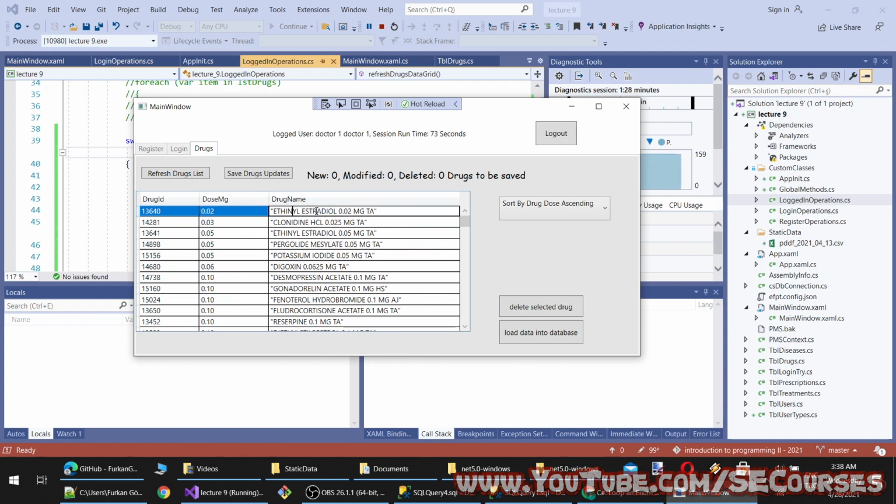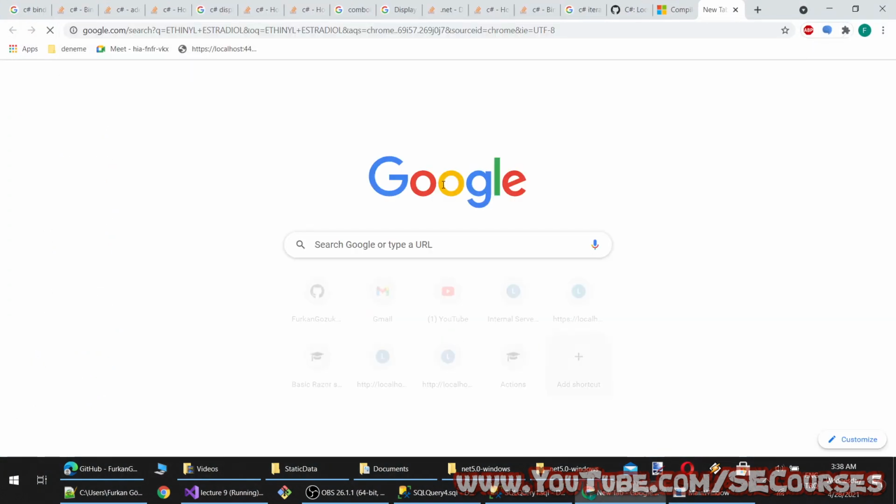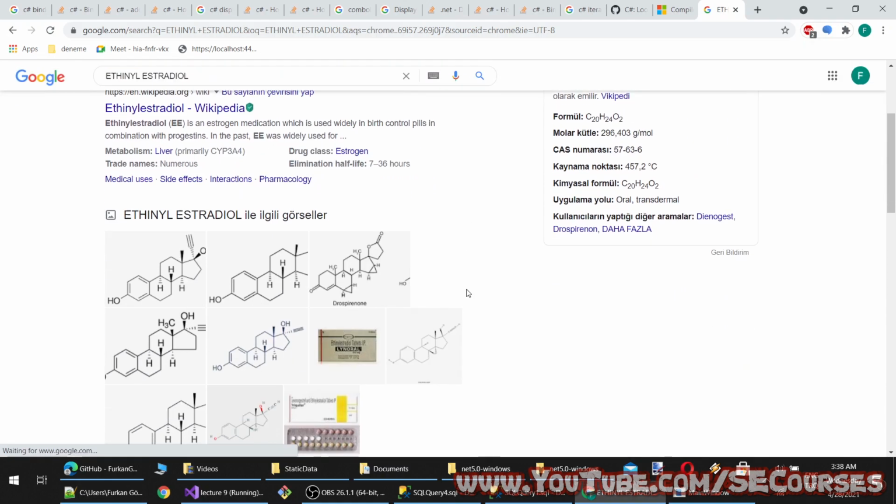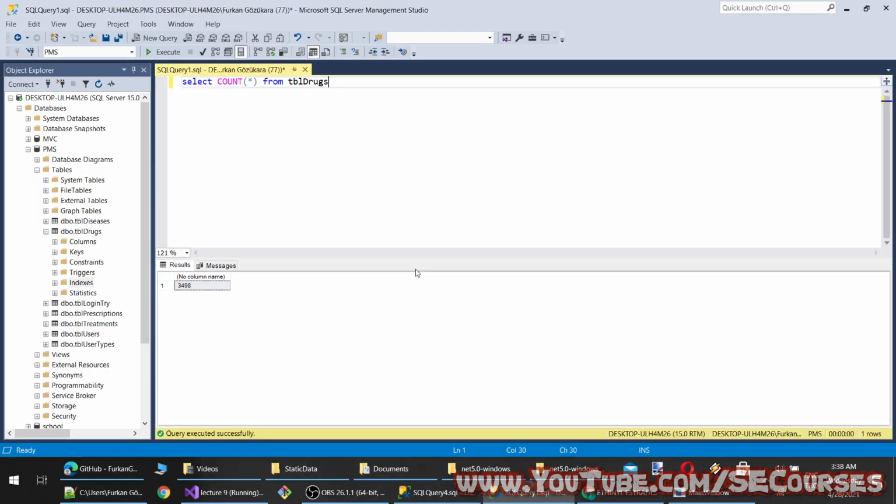It is ethinyl estradiol, so this is probably a really dangerous drug. Let's see it. Okay, yeah, it is a hormone related drug.